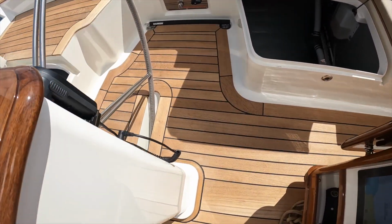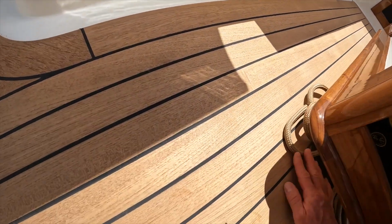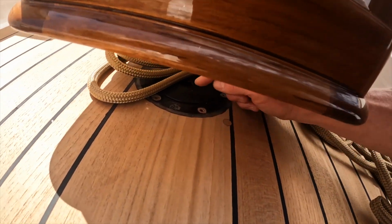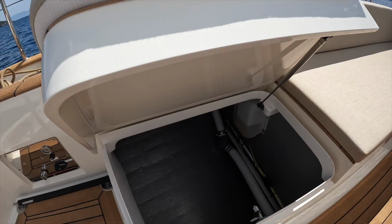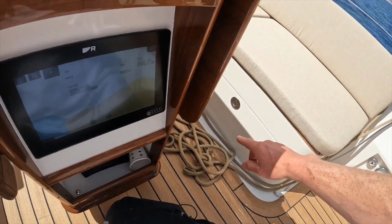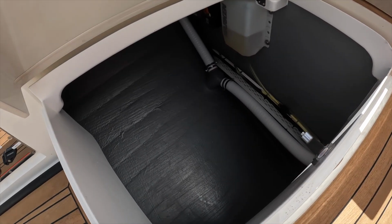So chain is going from there and then connecting to, you can see where the emergency steering is there. So that actually links up through this table and goes to winches if you do need to use the emergency steering. And then there's a locker on each side, aft bench cockpit lockers, and those join through